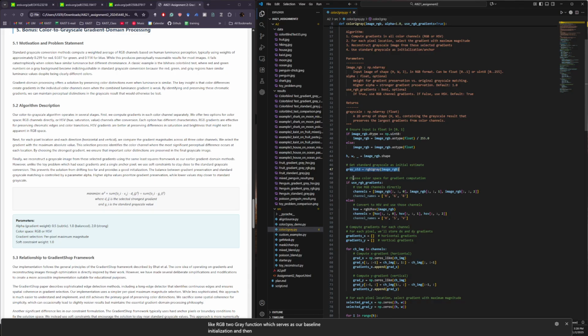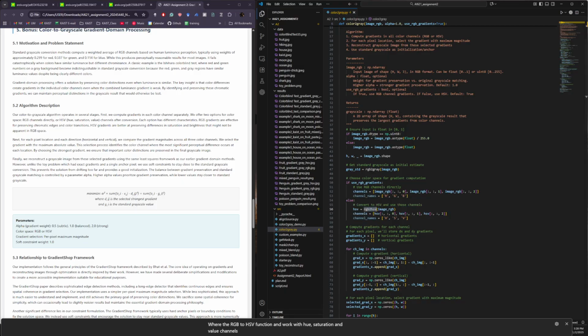Then in lines 49 through 58, we handle the color space selection. If use RGB gradients is true, the Boolean value, we work directly with RGB channels. If it's false, we convert to HSV with the RGB to HSV function and work with hue, saturation, and